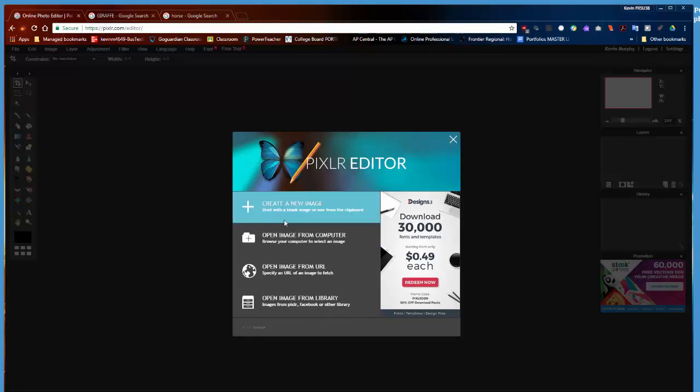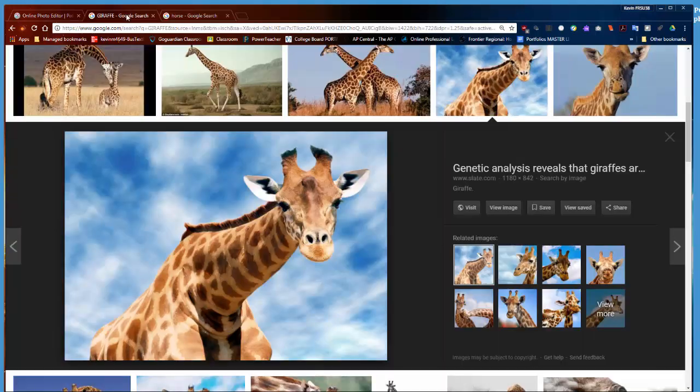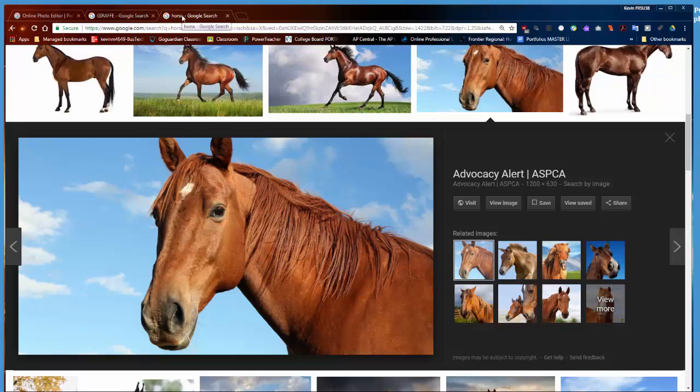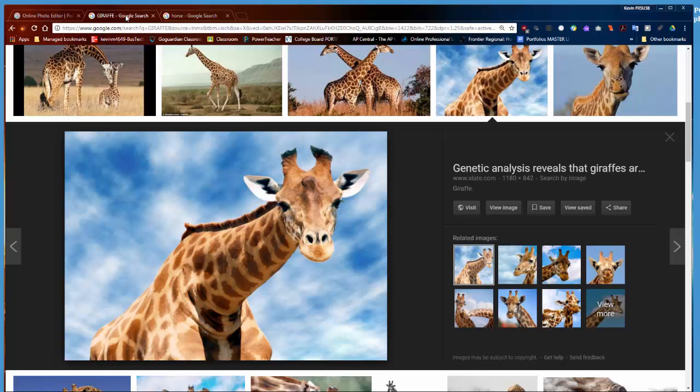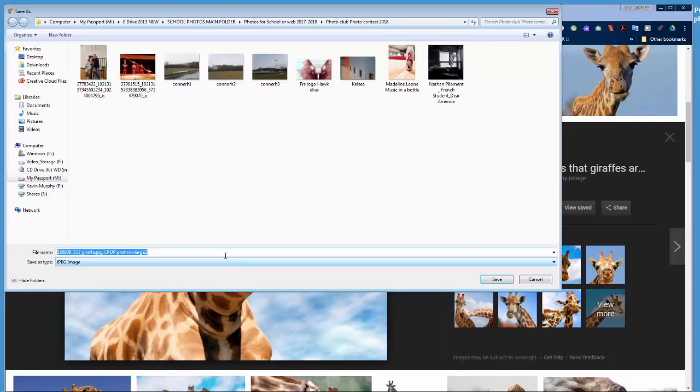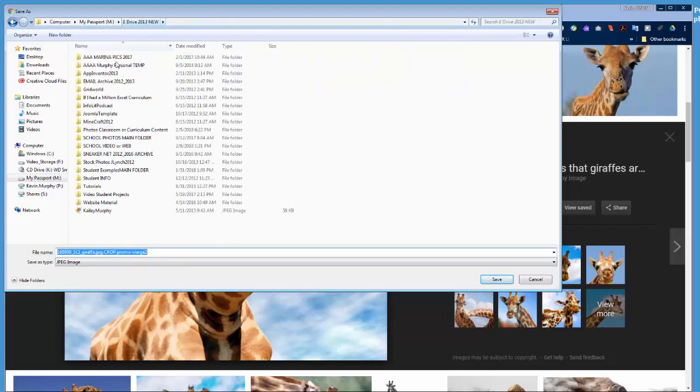So with this project, you can start with opening an image from your computer or creating a new image. We're going to open one from our computer, but before we do that, we need to get one. So I'm going to find this giraffe, and I'm going to use this horse. So I'm going to make a new species with a horse head on the giraffe. Hopefully. Let's see how it goes. Right click, save image as, and you have to find a home for it, and a new folder. I'm going to call this